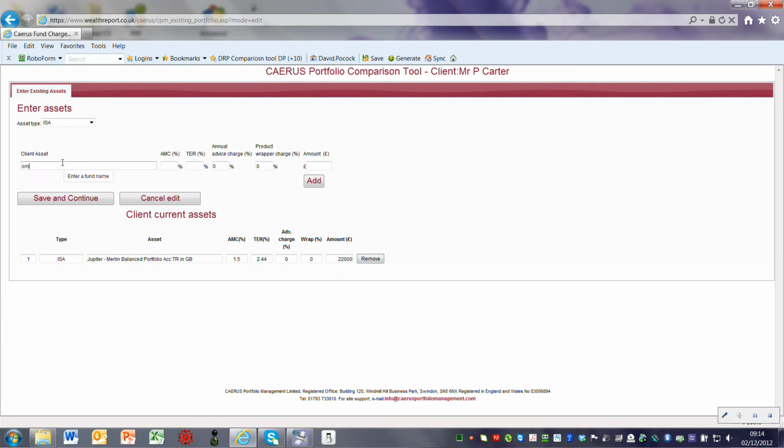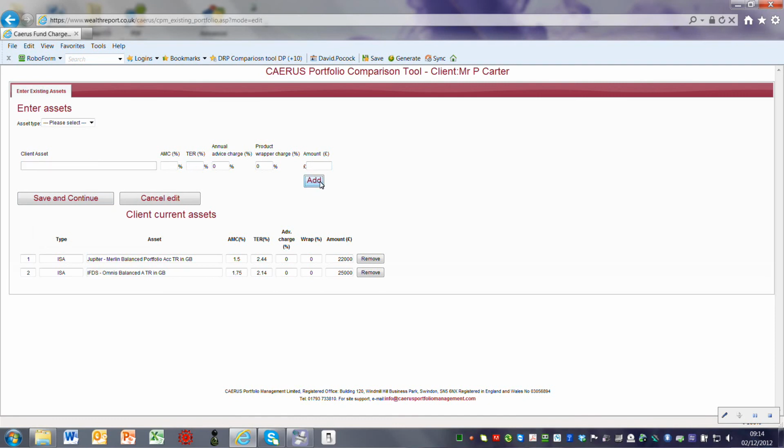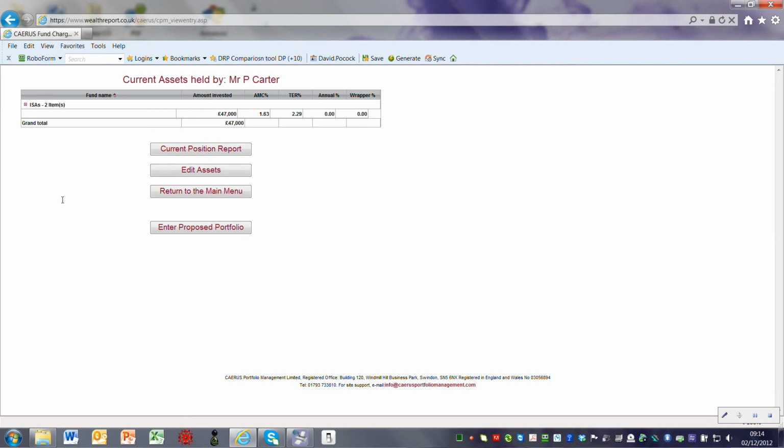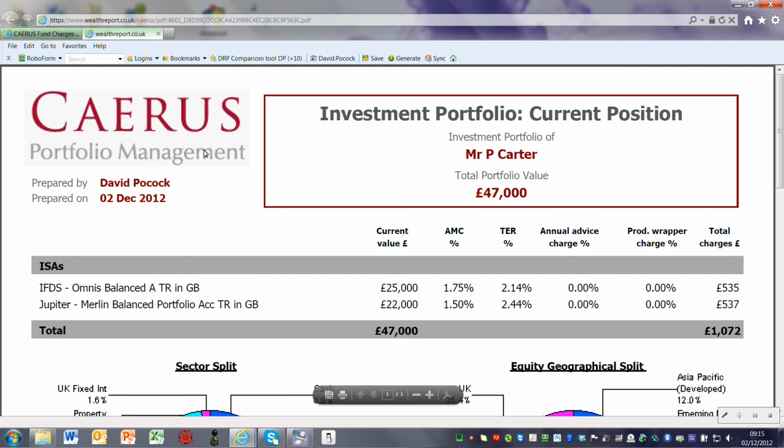Let's just type in Omnibus again this time and the balanced fund, and let's say in fact it was £25,000 invested in that fund. Just add that, save and continue, and the next thing to do is to produce the current position report. By clicking this button, in a few moments a PDF document is created which actually summarizes everything you have entered,